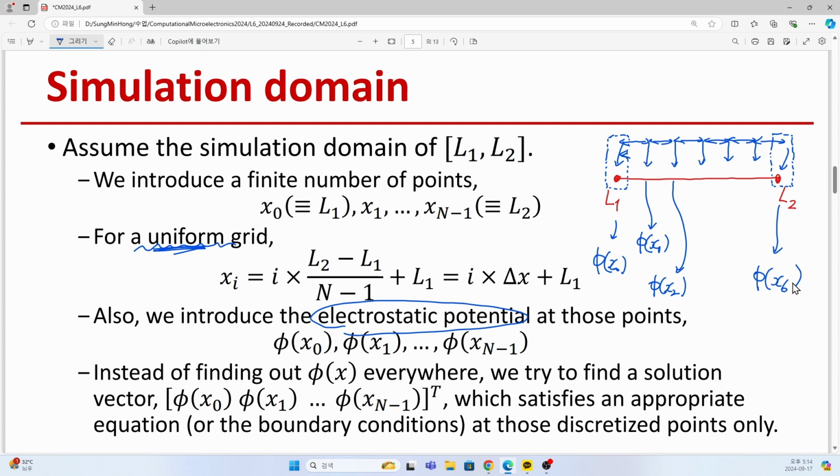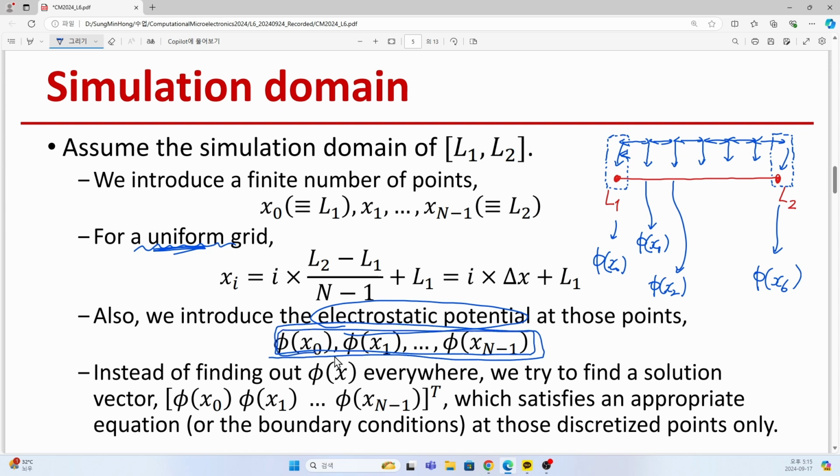By introducing these electrostatic potential values evaluated at all discretized points, now we have a vector of these